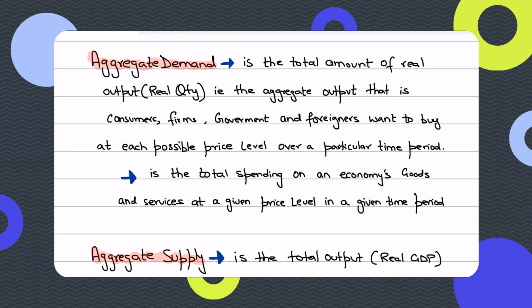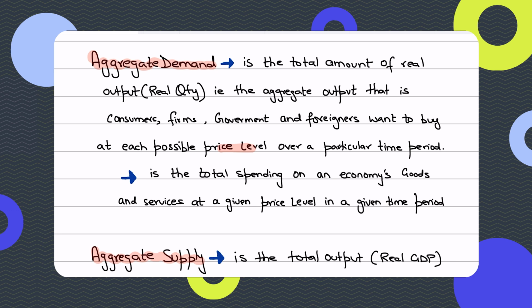नहीं लिख कर आना, price level. At each possible, ये गलती identify, छोटी गलती नहीं है ये. At each possible price level over a particular time period. Because obviously you measure demand at a particular time period. So what is the level of aggregate demand in maybe quarter 1, quarter 2, or in year 1, year 2,